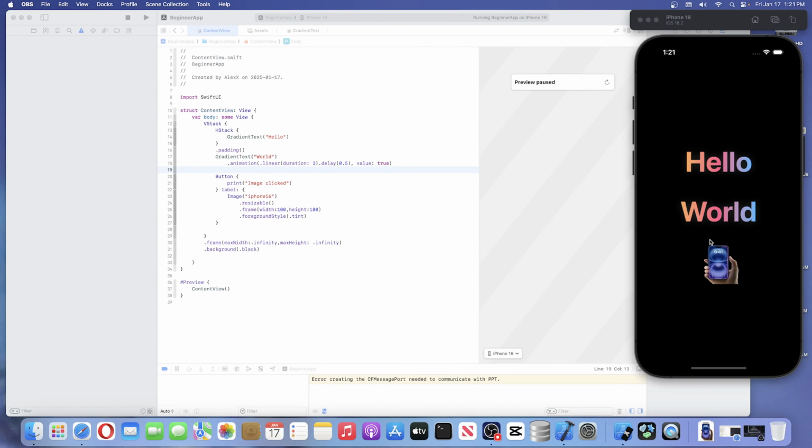So now you can see we have that gradient text, we have that image, and we click on it, and we can see it says image clicked. So that's great. So now you have your first iOS application